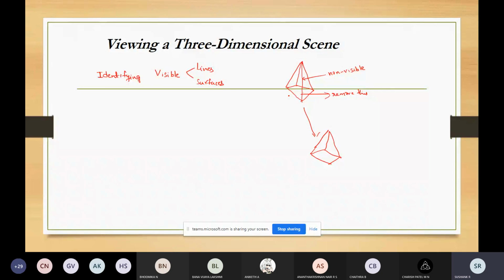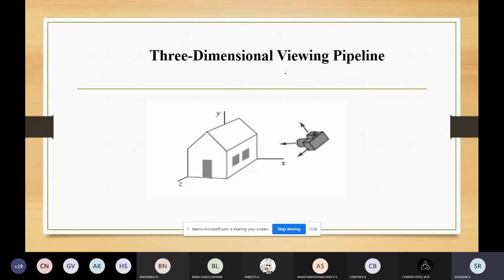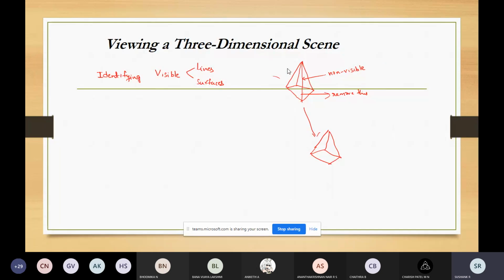When I'm looking from here, this might be my non-visible line. If someone is checking from the other direction, for him this will be the non-visible line, the hidden line. If he removes that line, the image will be somewhat like this.